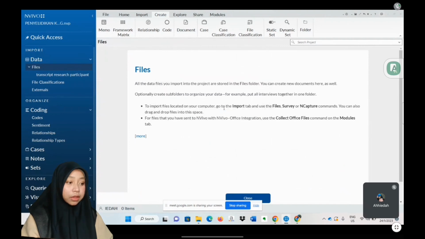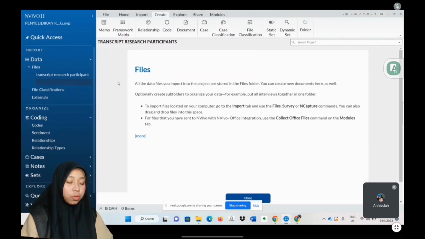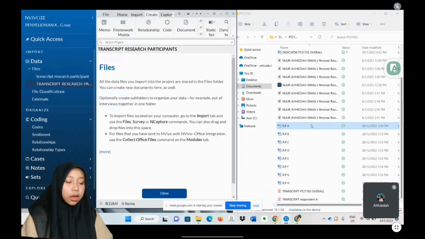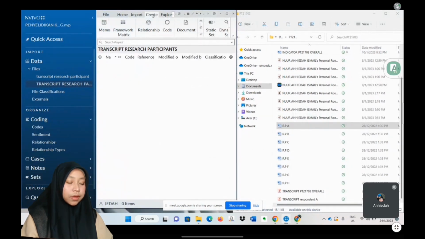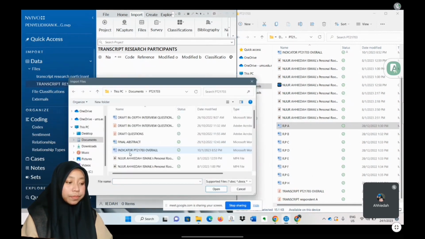Actually there are 3 methods that can be used to drag and drop files, but here I just show you one method, because my laptop just cannot drag and drop. So here as you can see, click the import, and then after that files, from the file